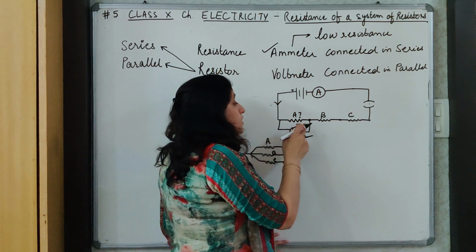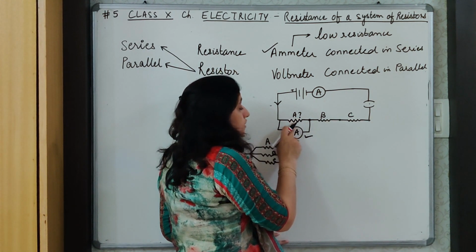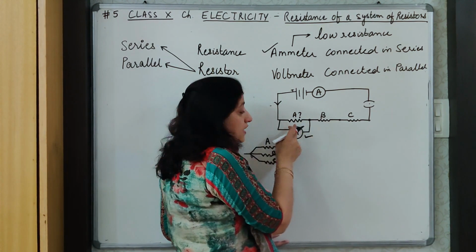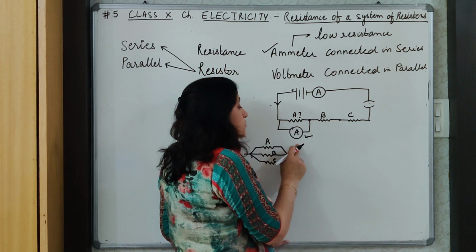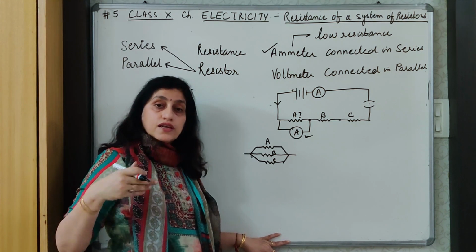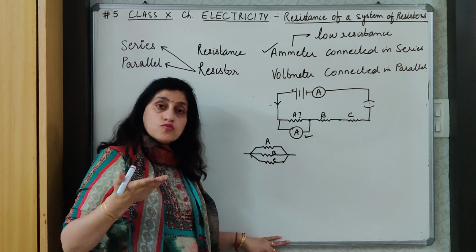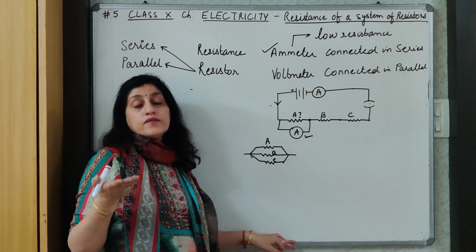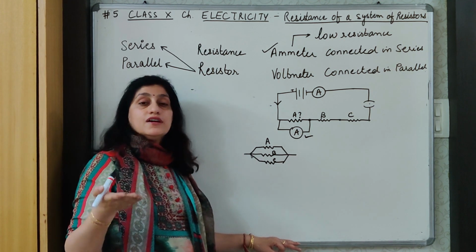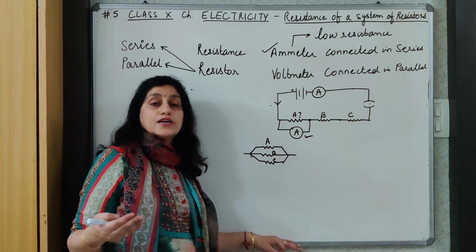Therefore, what actually I am trying to find out is how much current and voltage is flowing through ABC. No current will go from A and it will flow through ammeter only, because ammeter is having low resistance and will allow for an easy flow of current. Current wants to and tries to move through that path through where it will get an easy flow. Don't we also do like that? Whenever we are traveling, we try to move through areas which are less crowded, which do not obstruct us.